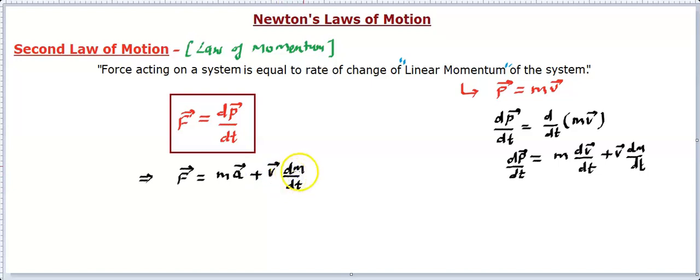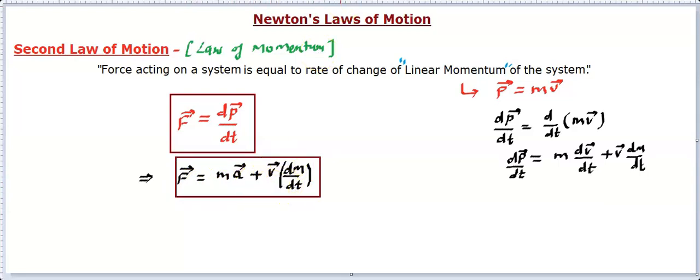dm by dt is known as the rate of change of mass with respect to time. So how the mass is changing. That means if a system or your object is such that its mass is changing over time, it might be the case that mass is leaking out, or maybe mass is being added. So if mass is changing, then this term will survive. Hence the net formula will become as written over here. So the force is basically defined in simplified manner as F is equal to ma plus v dm by dt.